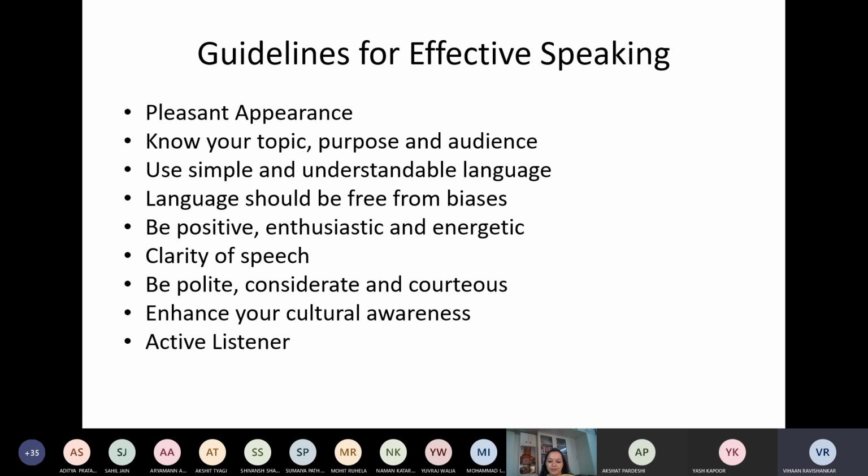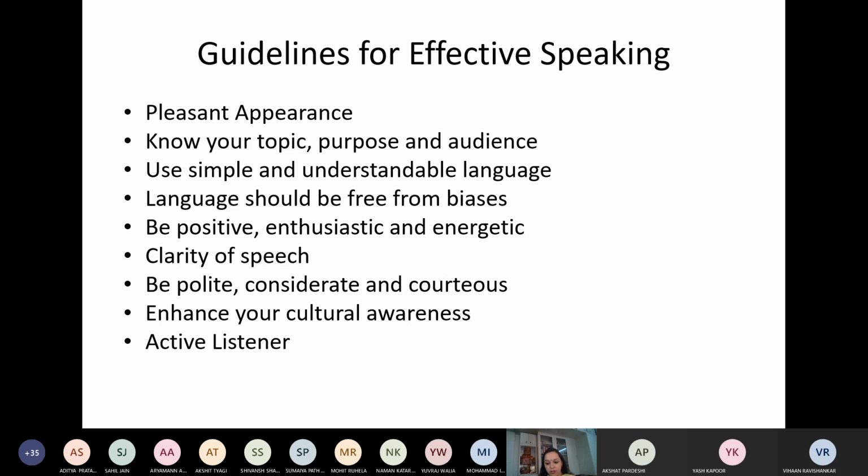Ma'am, audience analysis is the most important thing because if you're making a presentation, you need to tailor it to a certain audience. You can't, for example, if you're speaking to people who don't understand English properly and then using complicated words, you can't expect everyone to understand. Very true. Right. So that is audience analysis, understanding your audience, right? Now, because there are two ways that it happens, one is when we consider our audience like anybody I'm striking a conversation with. So I need to understand who my audience is and what kind of language that I'm using. Simple and understandable language.